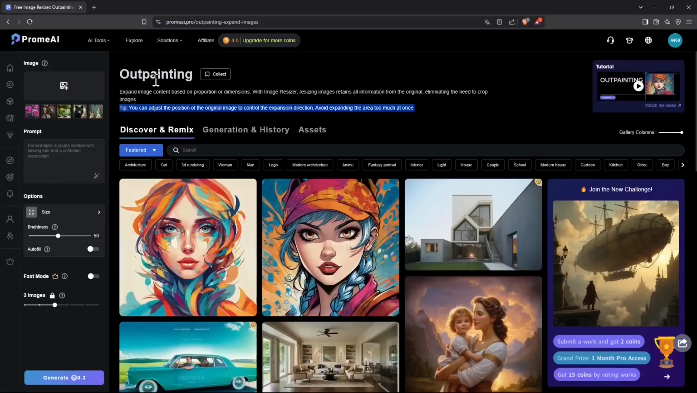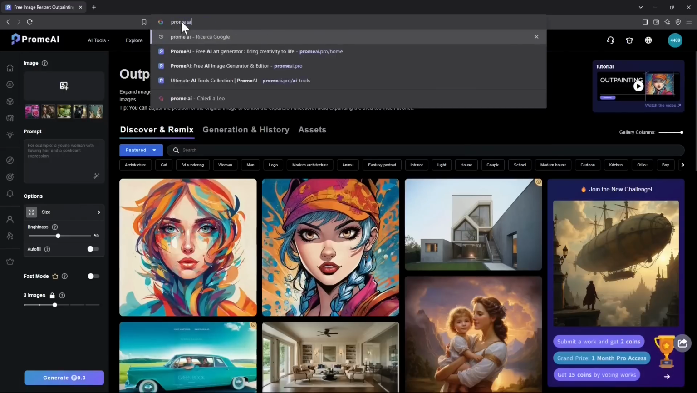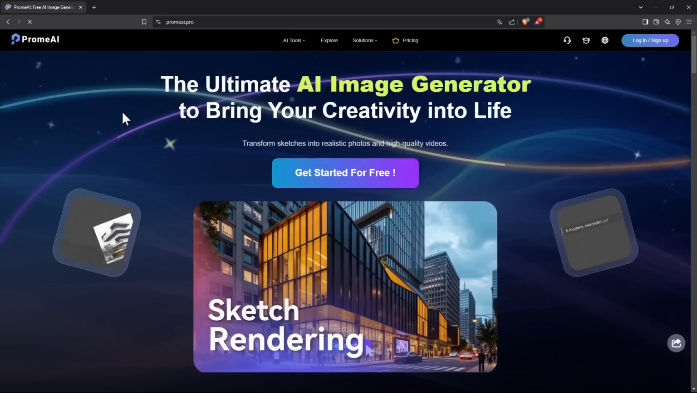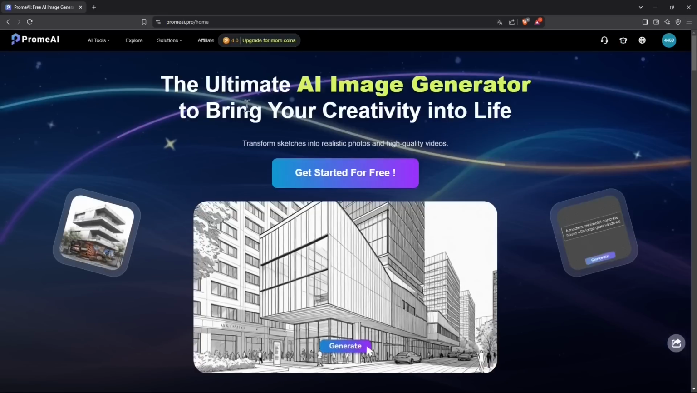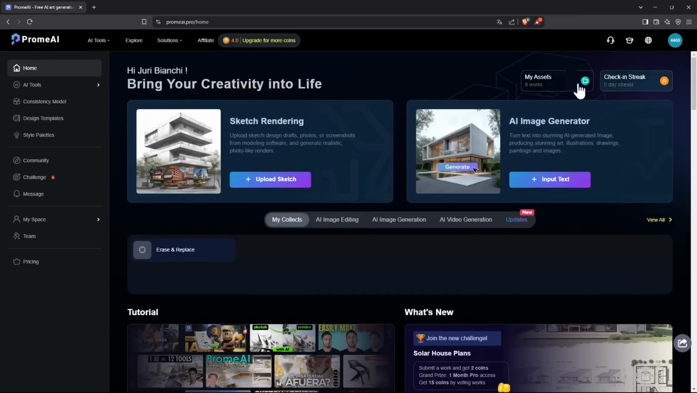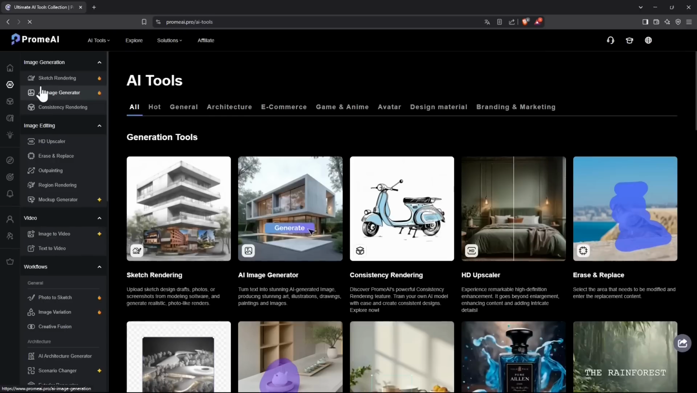In this quick video guide, we're going to see this tool called Outpainting in the Prome AI website. So I'm going to open up the website here, Prome AI. We already created other video guides about Prome AI tools, so just create an account and then you'll be able to use the tools. And you have a free version and a premium version, and the free version allows you to do a lot of things which are pretty helpful to test and try